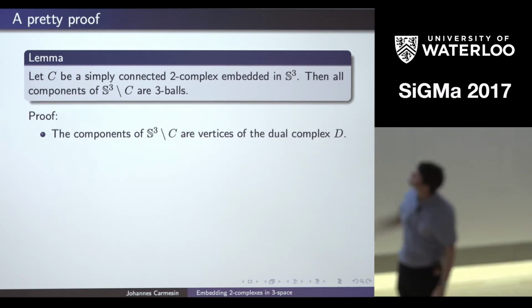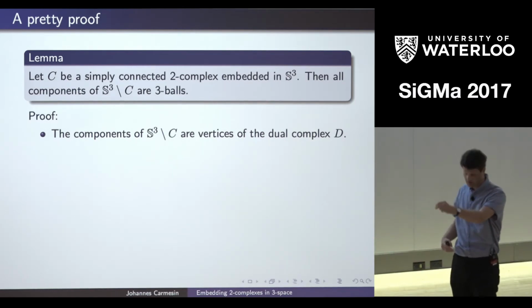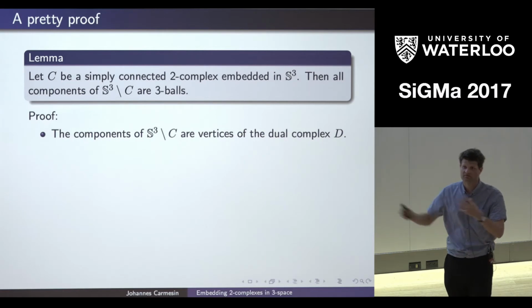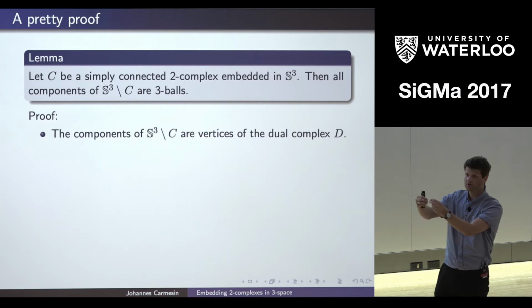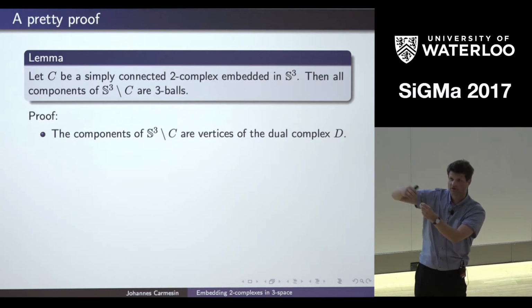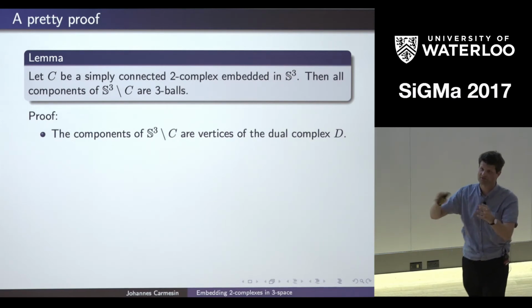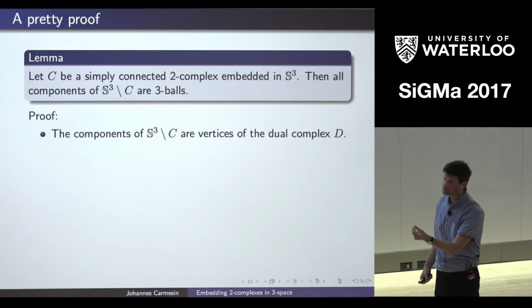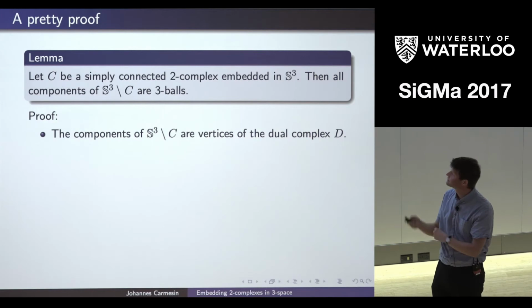And the condition that all components of the embeddings are balls translates to that if you look at the vertices of the dual complex, then the link graphs get embeddings in the plane. I mean, that's kind of intuitively clear, right? You want that the components are balls. So in the dual complex, you want that the link graphs are embedded in spheres. I won't go into details, but from the picture, it should be kind of clear. And that's what we are going to prove. So we want to prove that in the dual complex, the link graphs are embedded in spheres.